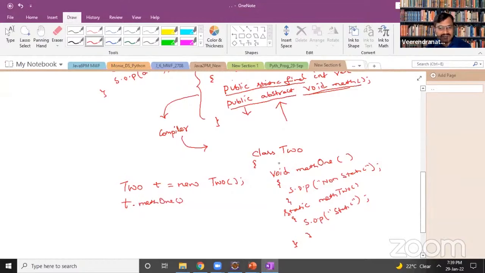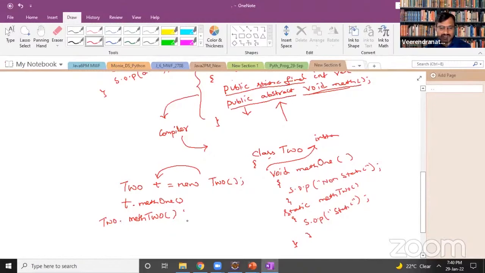It is an instance method, and an instance method requires an instance to be called. But a static method does not require any instance. It can be called directly when it is inside the class, and it has to be given a class name when it is not called inside the class.